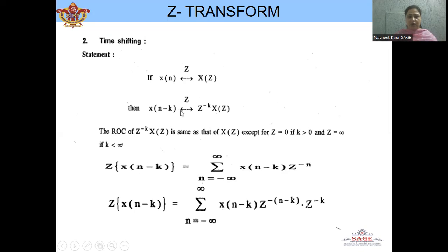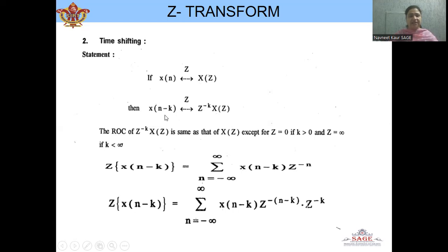And the ROC of z raised to power minus k X(z) will be the same as that of X(z), except for z equal to 0 if k is greater than 0, and z equal to infinity if k is less than 0. Now, coming to the proof of this property, we will start with the left hand side,